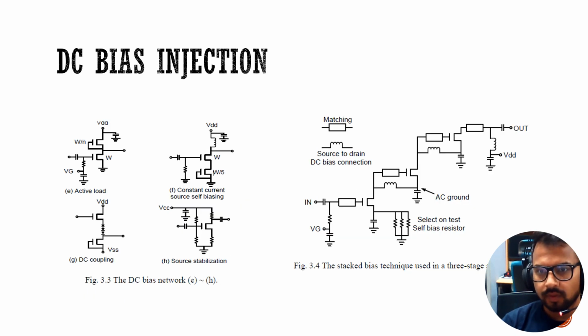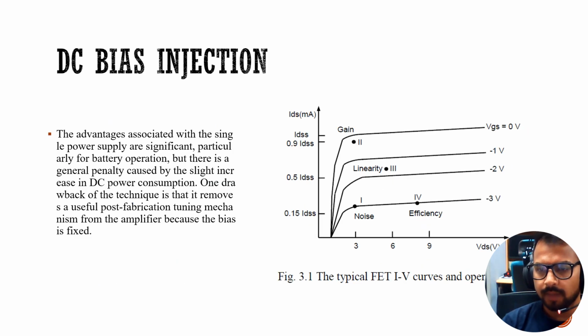In this, we also have DC bias injection. As we talked about in the previous one, these are two different circuits of the DC bias network, E and H, and the stack bias technique used in three stages of DC biasing. Now, DC biasing also talks about a graph curve which explains the typical FET IV curves and operation of DC bias, and the advantages associated with the